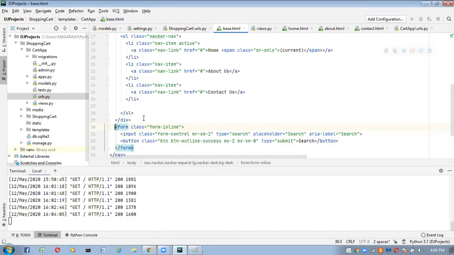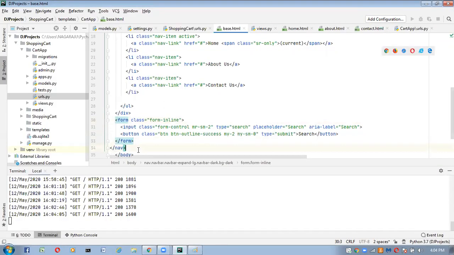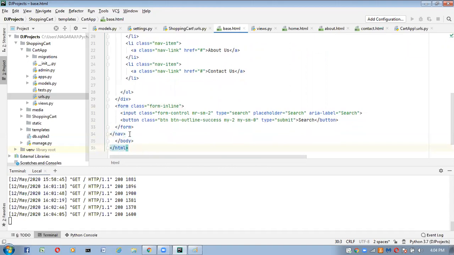Here, after this navbar inside the body, I am going to take one separate section like this. Percentage, here I will take one block. Block here, body underscore block.